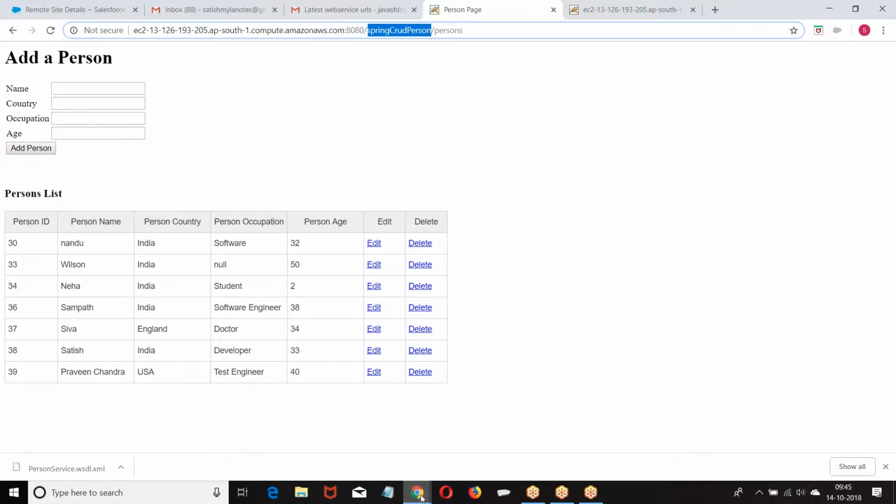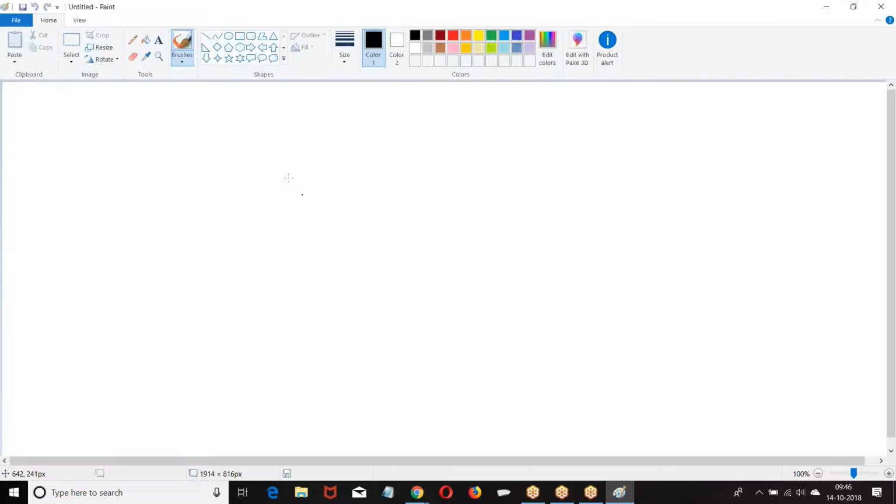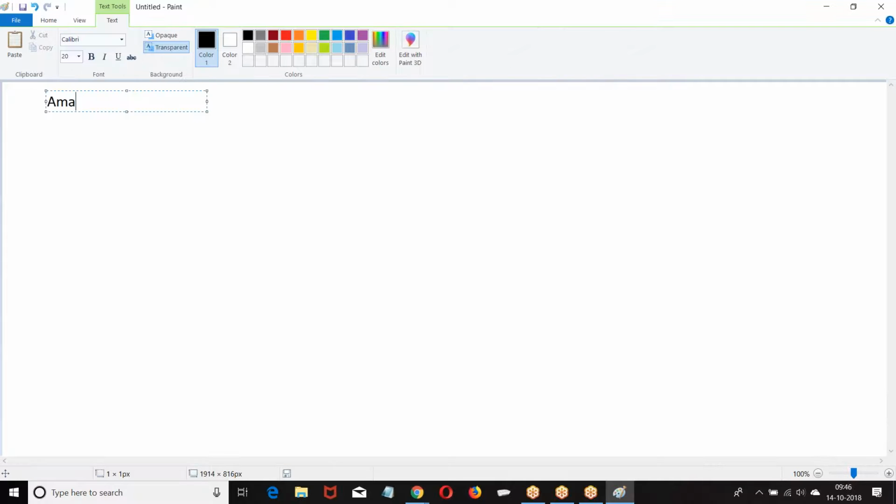Okay. Let me explain the concept clearly. Try to get the concept clearly, boss. The moment I am consuming a WSDL file, they ask me what is the name of the class. I told Amazon example is the name of the class. So this is the main class which is created. In the main class, what we have? We have public class,